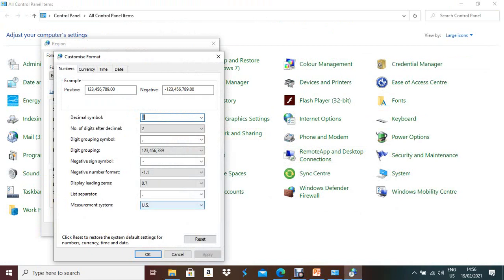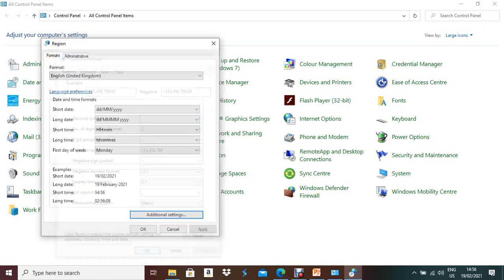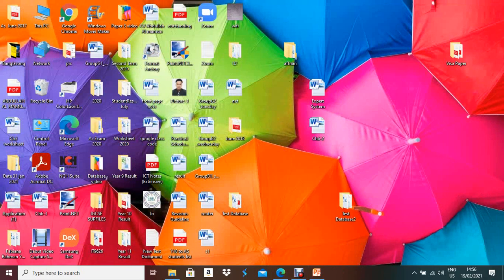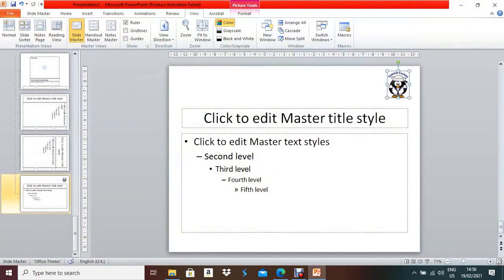For changing to centimeter, you have to mention here metric and apply. Okay, apply. Okay, close this one. Now check, it is in centimeter. So what they are asking